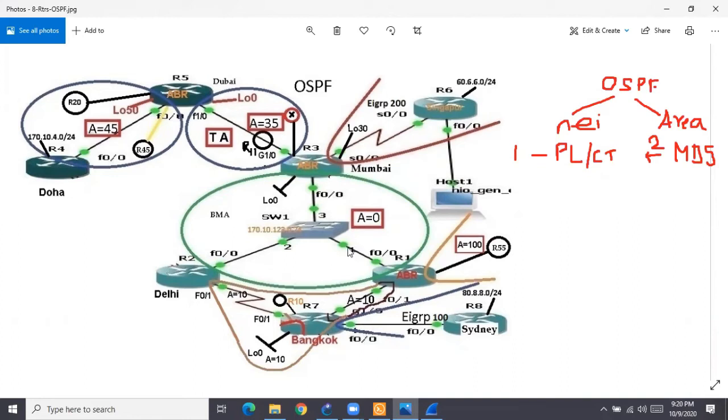But please understand, in your real exam you will not have such a large area. I don't think they ever have more than maybe 6, or worst case 8 routers maximum in one area. More than that I haven't seen yet. In my last 18 years of experience, I have not come across students telling me that in one area there were so many routers.